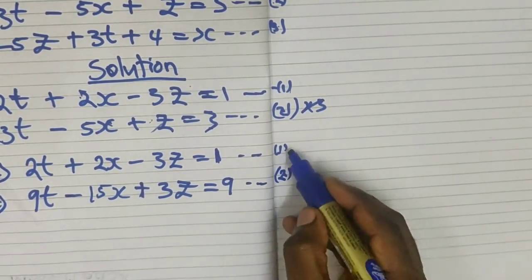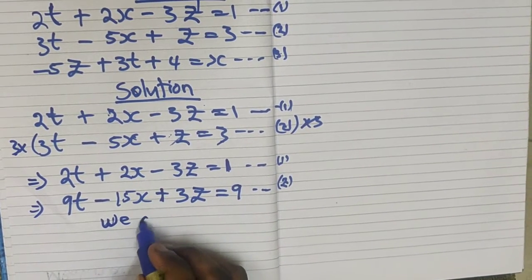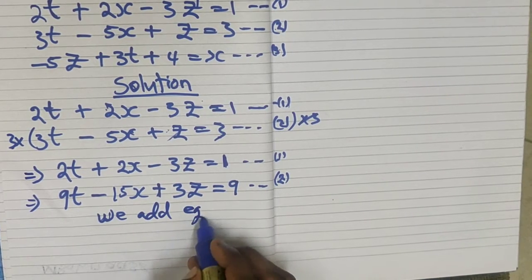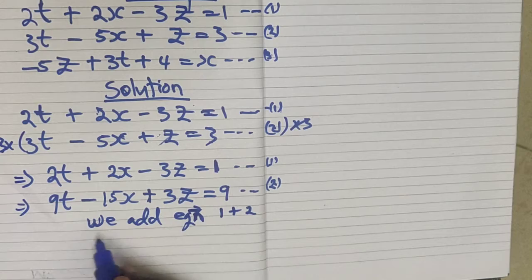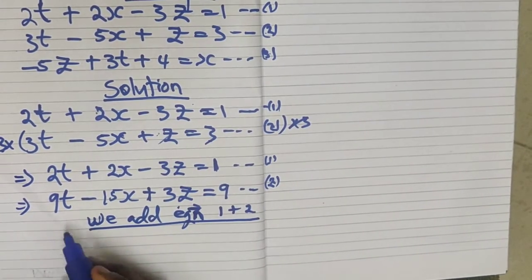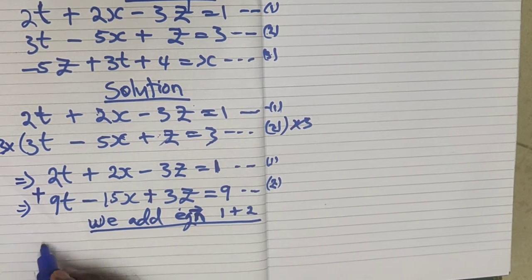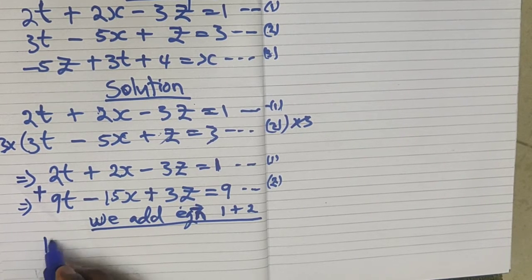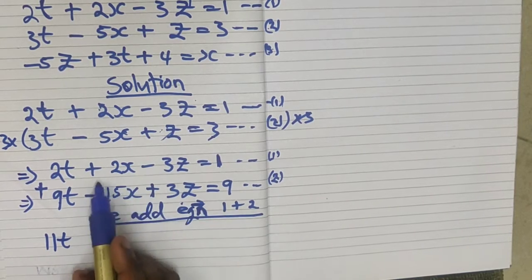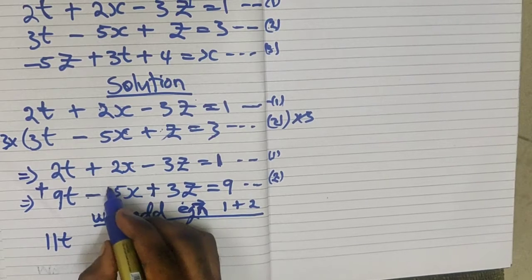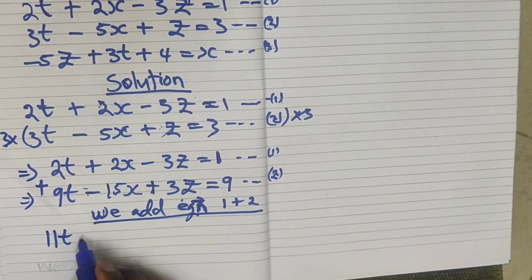So, adding these two equations, equation 1 plus 2, we are going to have 11t, that is 2 plus 9 is 11t, and 2x minus 15x is negative 13x,